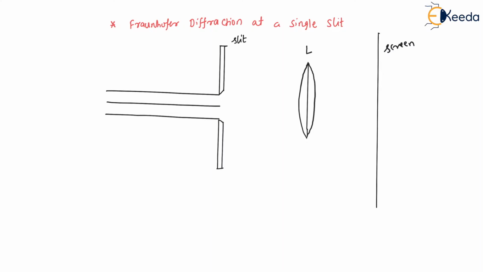Again, let the phase difference be 0, that is, theta is 0. So here I'll draw these rays. Now see, as theta is 0, all the diffracted light will go straight and it will hit the lens. Again from the lens, it will go straight and it will hit the screen. So this one is the starting one, or the center ray.